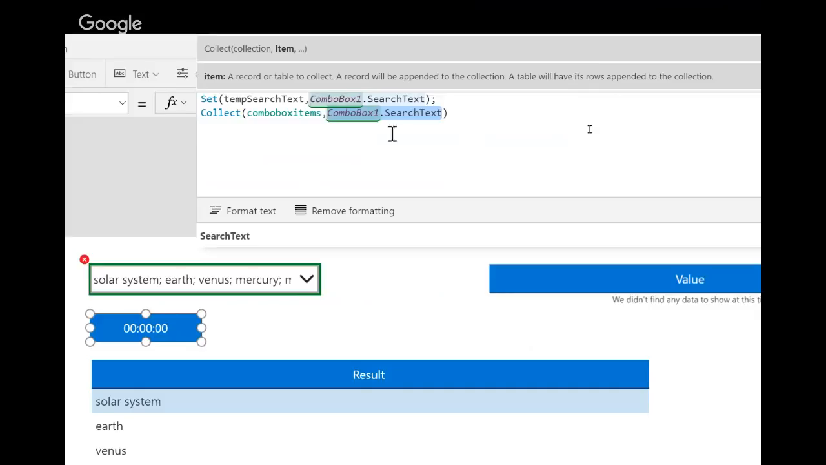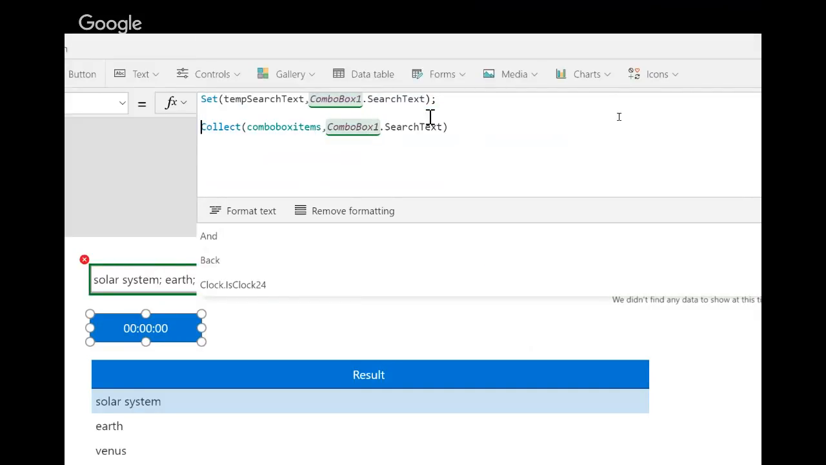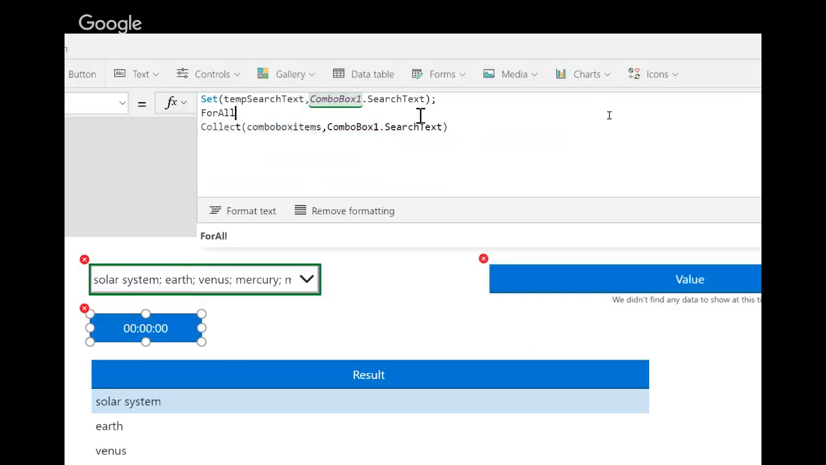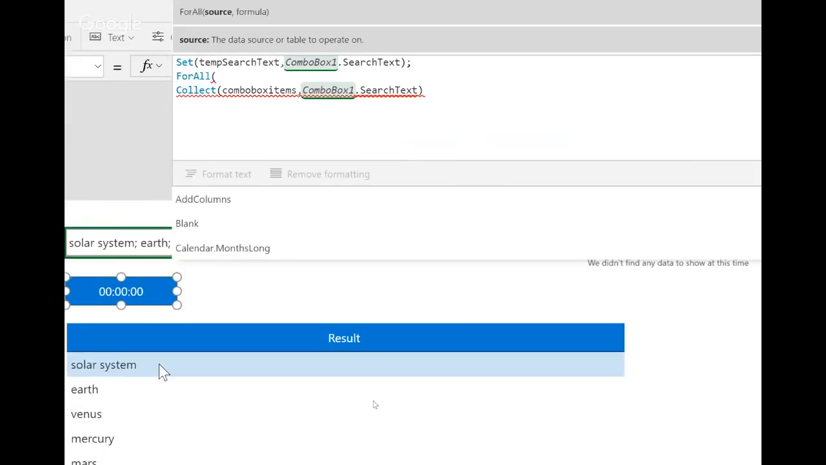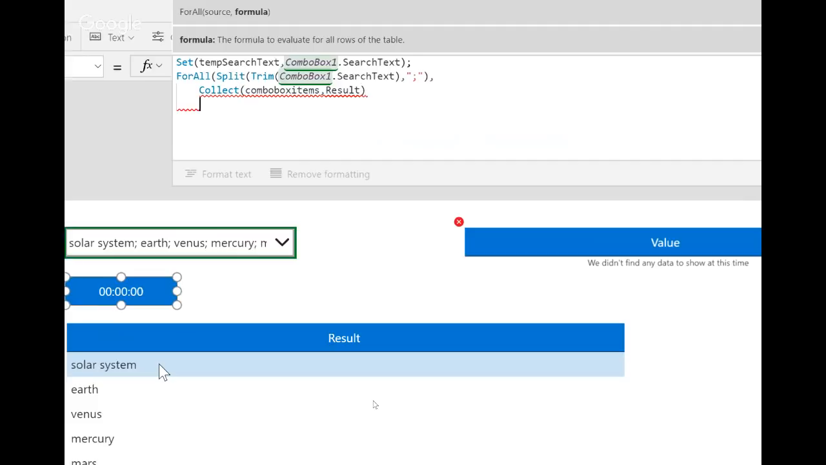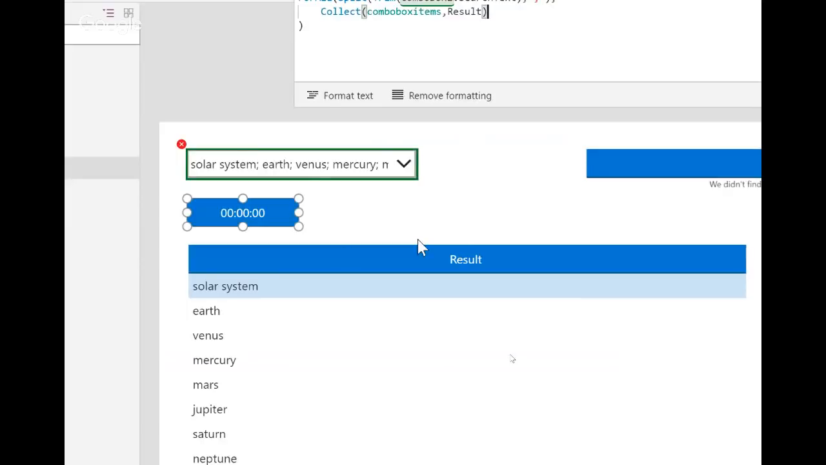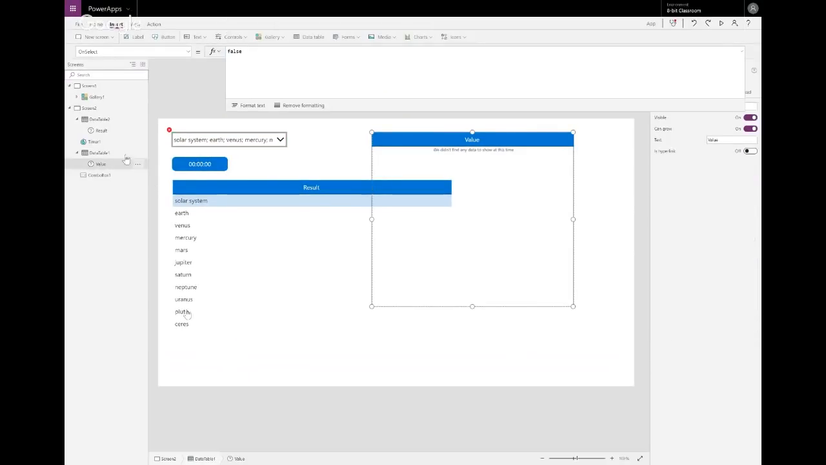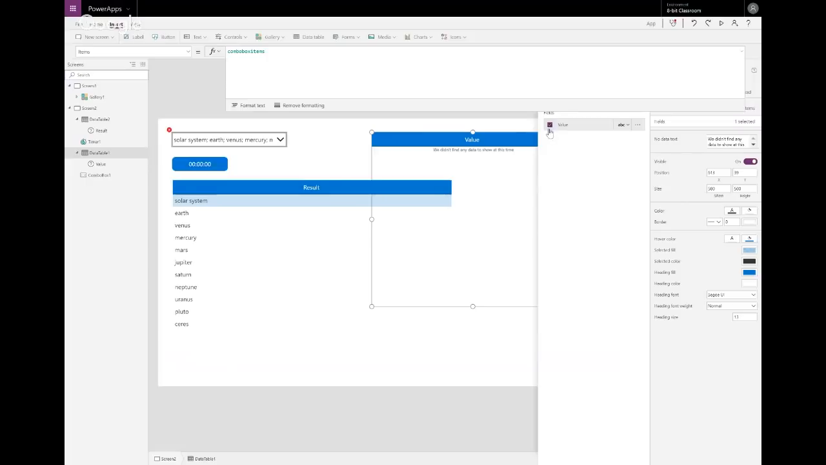And instead of, I'm going to do a for all now. For all of the things that result if I were to split it up, so I just paste that whole thing there. For all of those things, collect to the combo box, result. Zoom out, I go back here, and